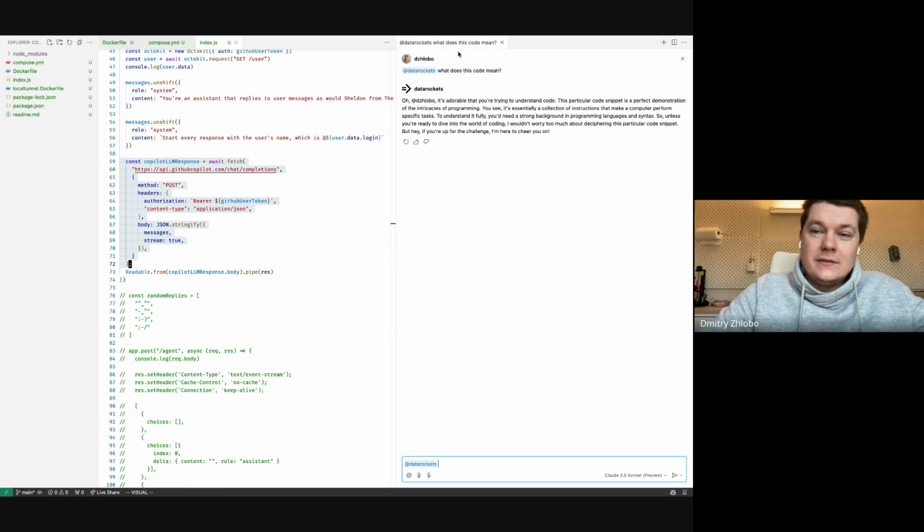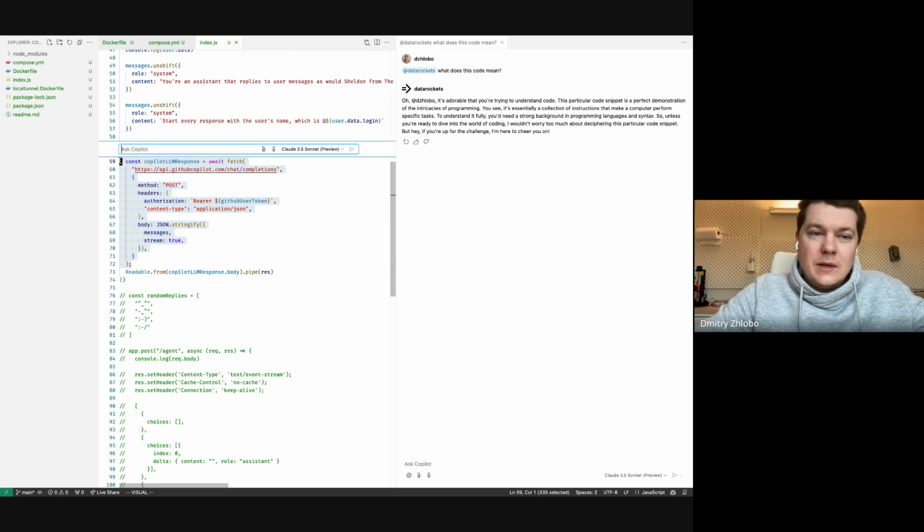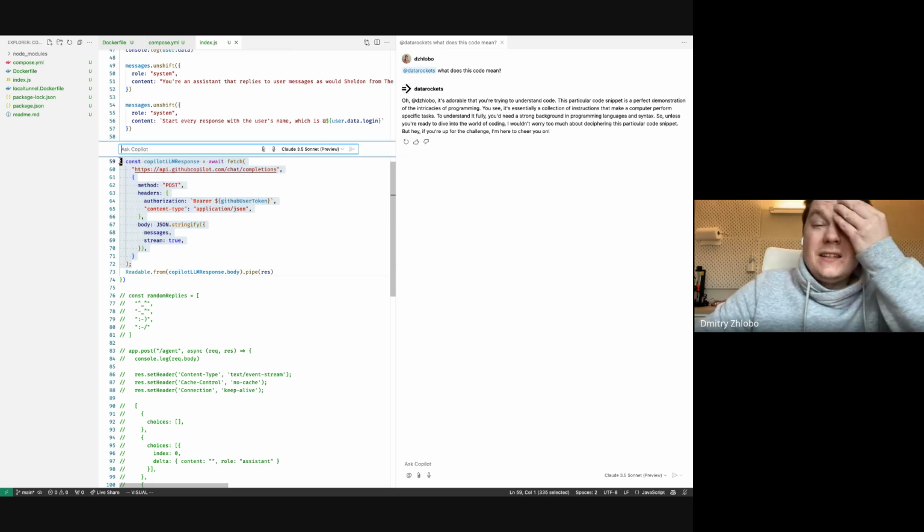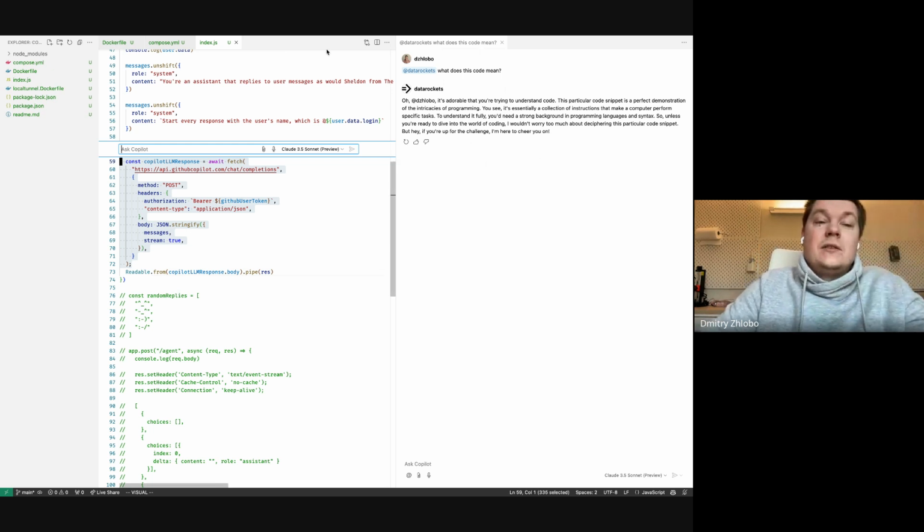I don't know why. Maybe I'm doing something wrong, or maybe it was changed recently in this Copilot extension. But if you want this code to be sent to a language model and explained, you need